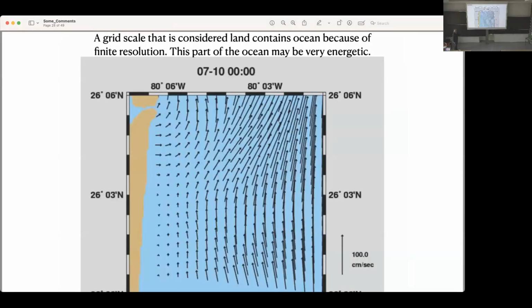So here's an example from high frequency radar measurements of the surface velocity field off of Fort Lauderdale, Florida. The peak flow there is over 1 meter a second, and there's a lot of small scale structure. Now, if I have a 20-kilometer horizontal resolution, this box is about 10 kilometers by 10 kilometers, this flow wouldn't be represented at all in that box as part of the boundary condition,